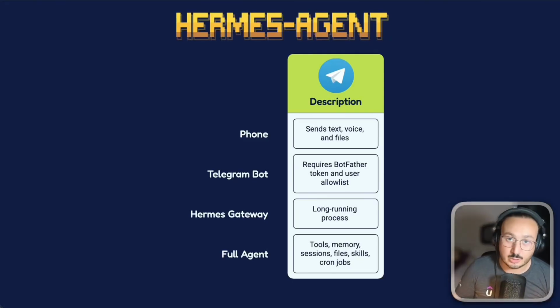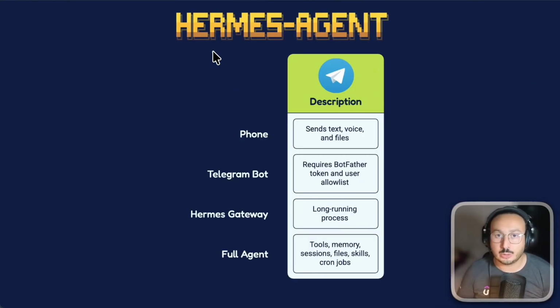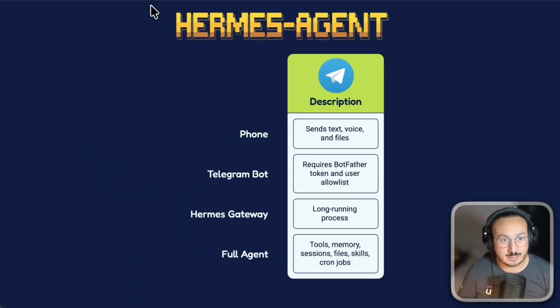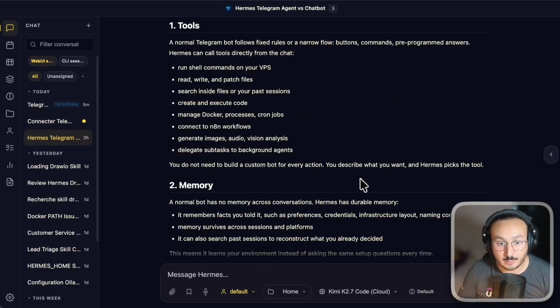So in this video, I'm actually going to talk about Telegram being connected with Hermes. A lot of people think that when you use Telegram, it's just a simple chatbot, but that's a mistake. Because today, when you connect Telegram with Hermes, you simply get full access to Hermes. And I simply wanted to show you in this video what the advantages are when working with Telegram on Hermes,